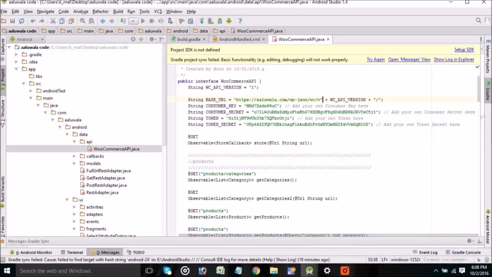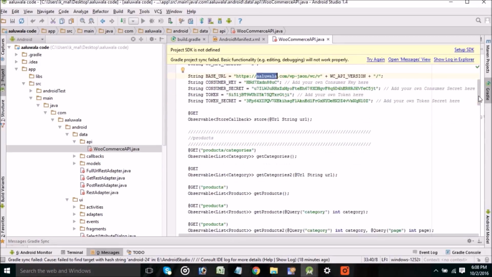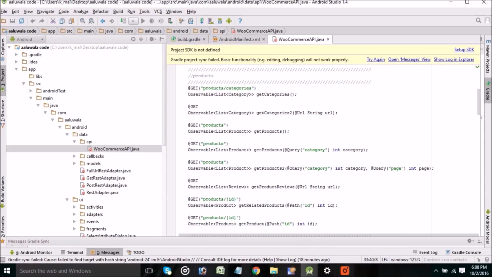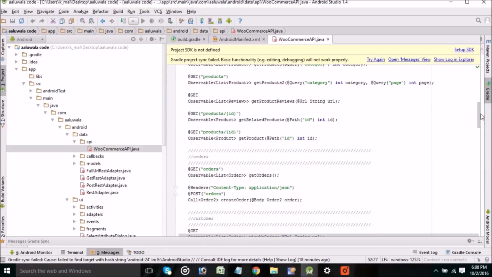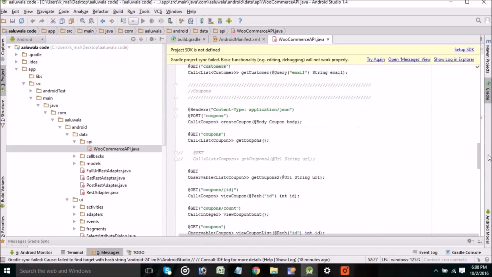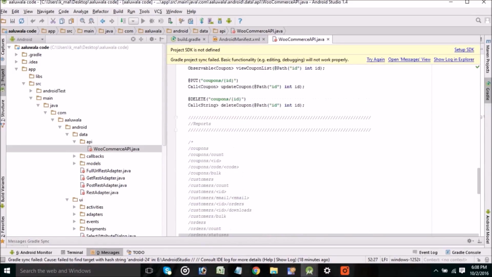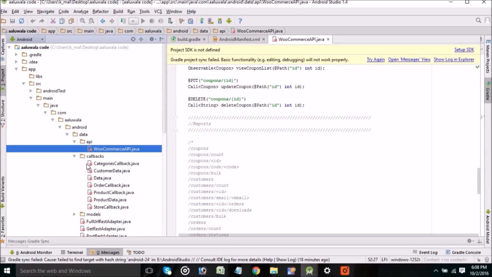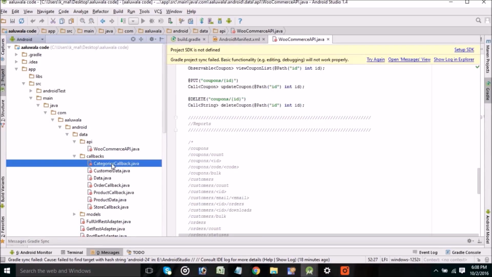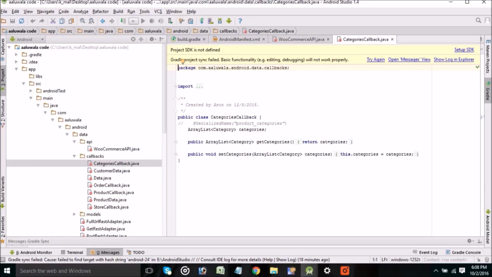here we have configured everything like the customer key, customer secret token, and product, whatever things we need, because the WooCommerce API provides everything like coupon and rating, review. If you do not need anything, you do not include that here in the WooCommerce API file.